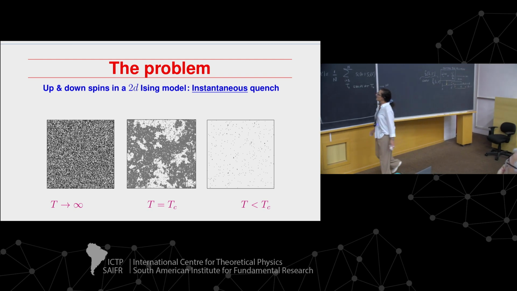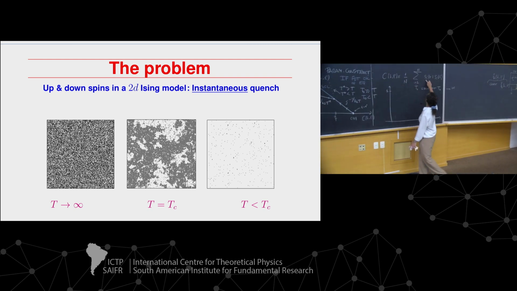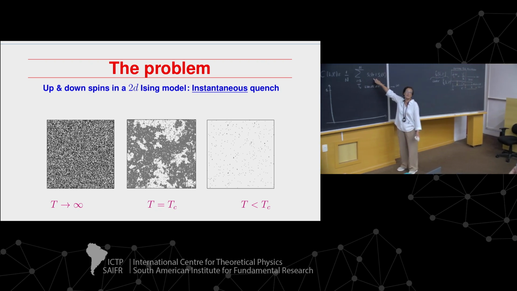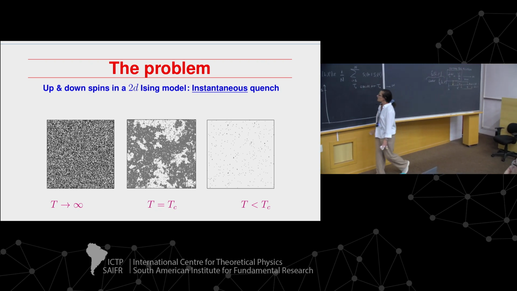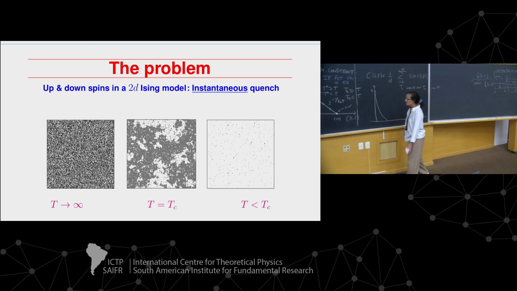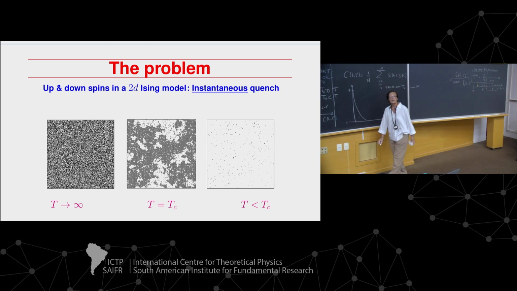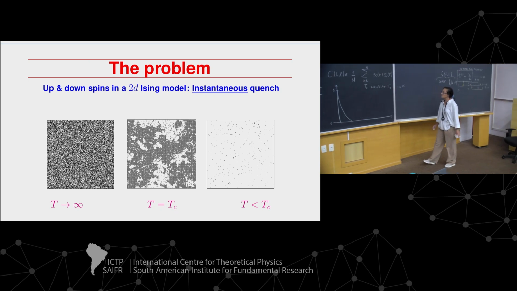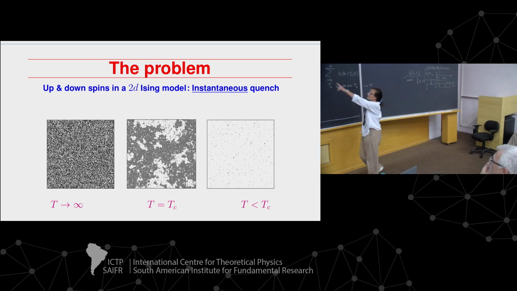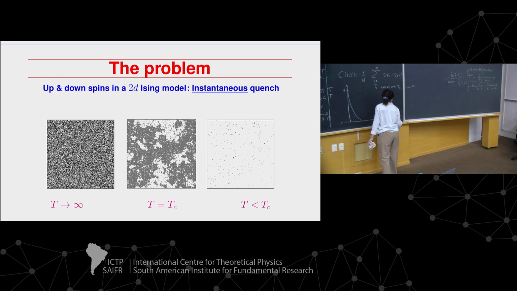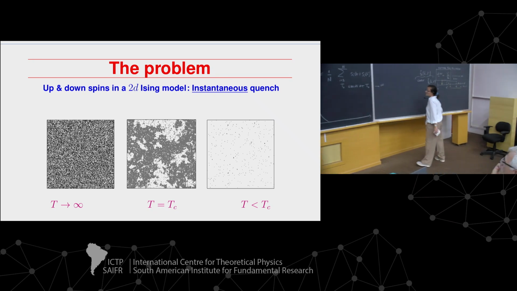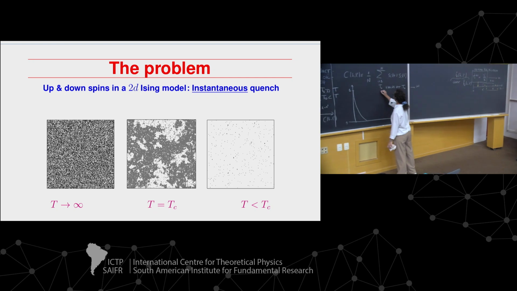then, of course, this correlation is normalized to 1 at equal times because these are Ising spins. If I square them, it's 1. So what will it do? It will decay super fast. There is no correlation time at infinite temperature, so I just plot it like this. It will be a super fast decay to 0, and nothing very interesting. If I choose my initial condition at the critical temperature, so T0 equals Tc, and evolve at Tc,